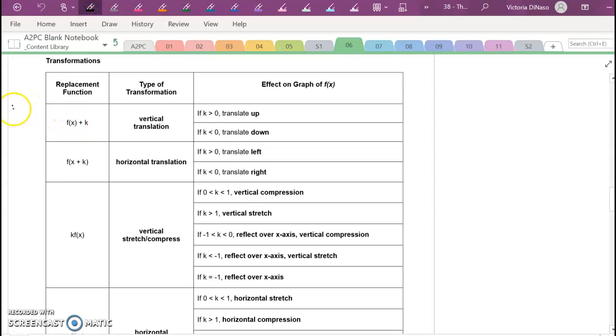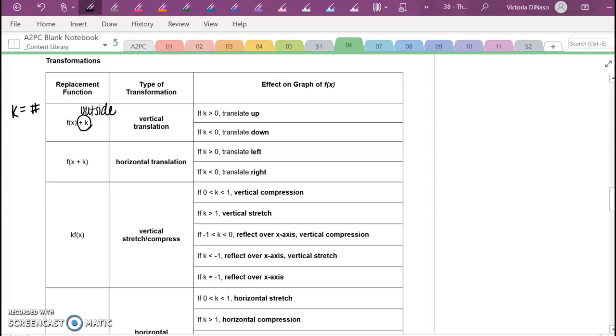So k is going to be a number. So k equals some number. And whatever k is, we're going to apply the transformation. So we have some sort of effect that's happening to the graph. I like to talk about how when we have plus k, I like to refer to it as being outside, or away from the function. So it's outside